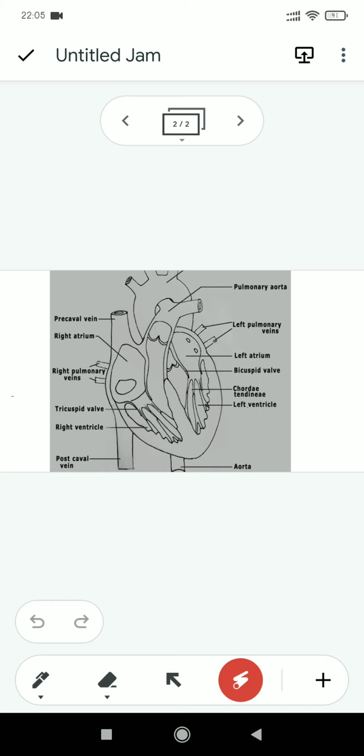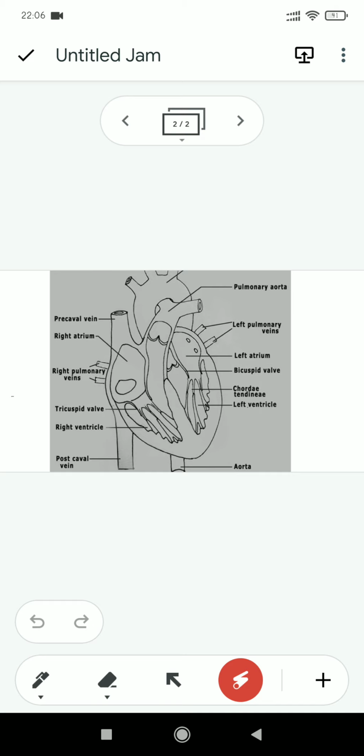So now I am going to explain what a valve is. As we all know, we have a gate in our house, which helps us enter into our house. Like that, the tricuspid valve and bicuspid valve act as a gate. They do not allow the blood to flow back into this chamber. They help the blood follow its pathway, the unidirectional or forward direction. It just acts as a gate that opens up when there is systolic pressure.